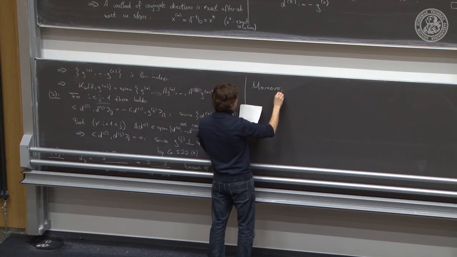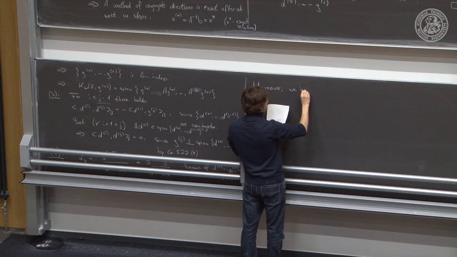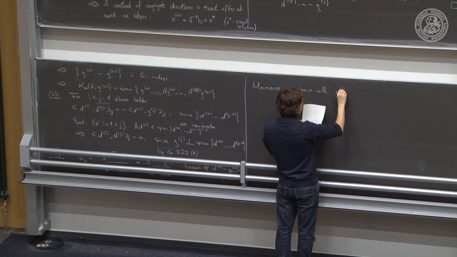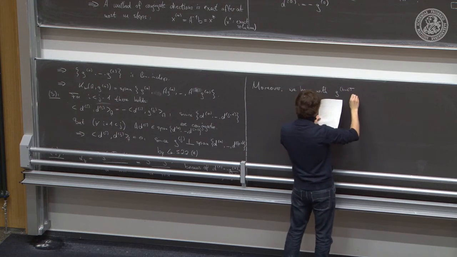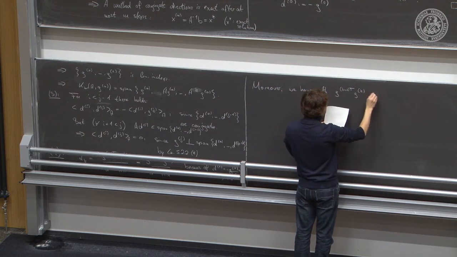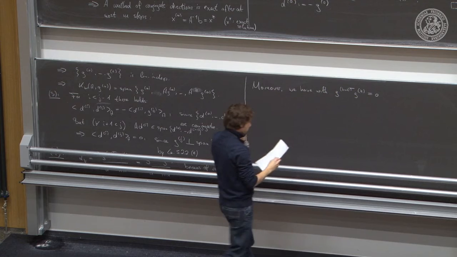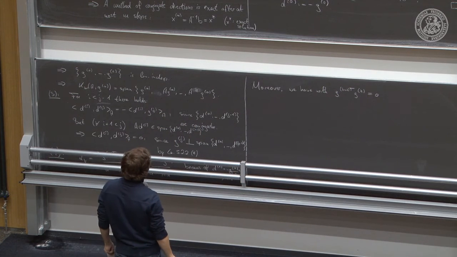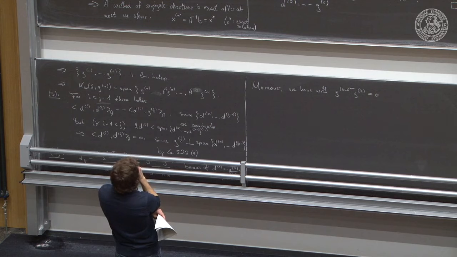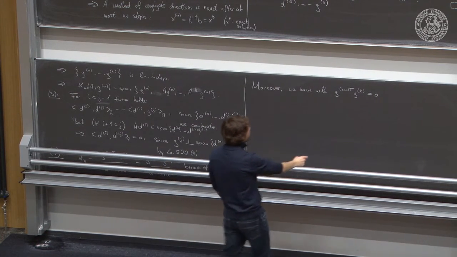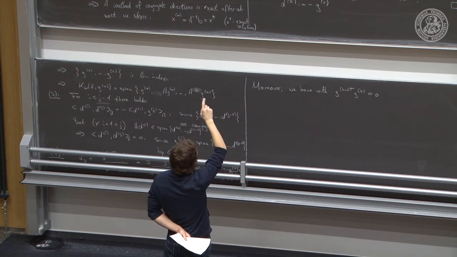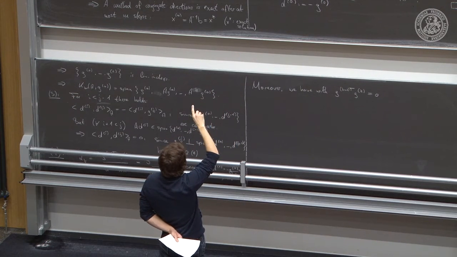So, moreover, we have with g_{k+1} transpose g_k that these are equal to 0. And why these are equal to 0, that's the case. We rewrite g_k by this definition here above, as g_k is nothing but minus d_k plus beta_k